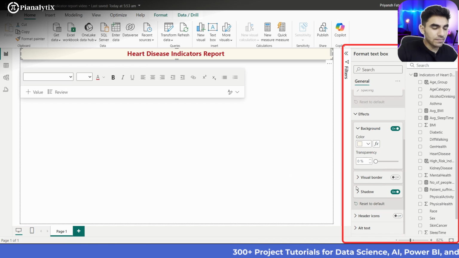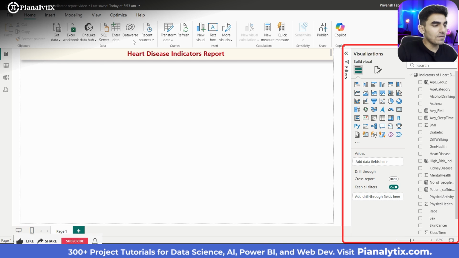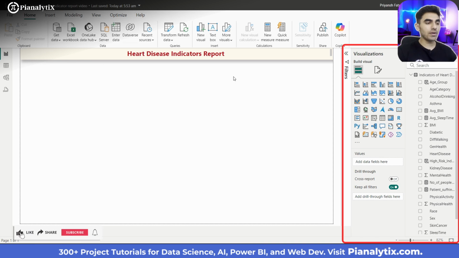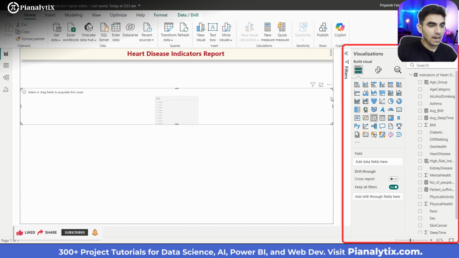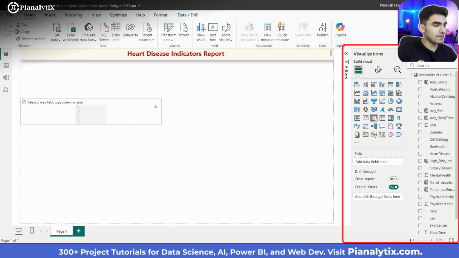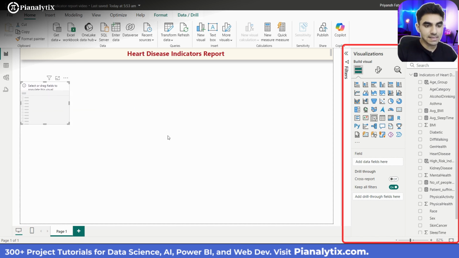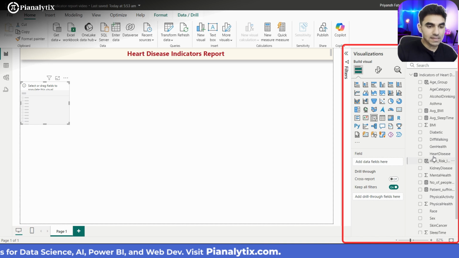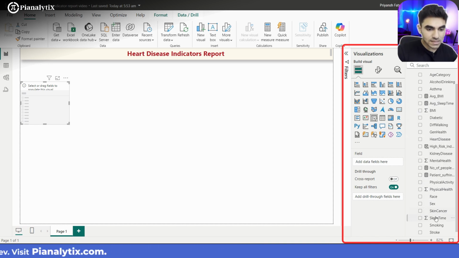I don't want the border, so I'm keeping it off. So that's how we have designed our title for the report. Now next we are gonna add slicers. So click on slicer here, and we're gonna add many slicers in this particular report because the data set is accordingly. So the first slicer that we're gonna add is for the gender, which is here,